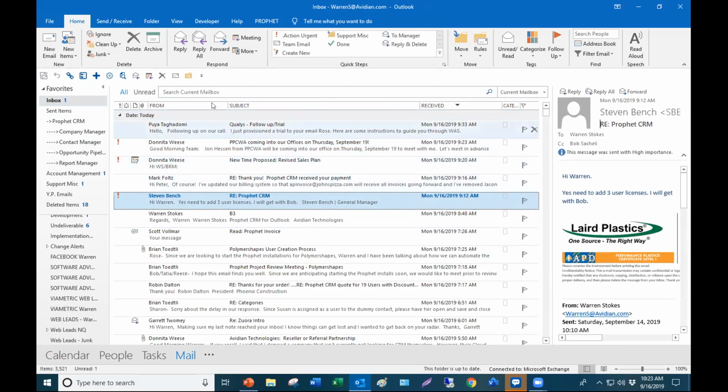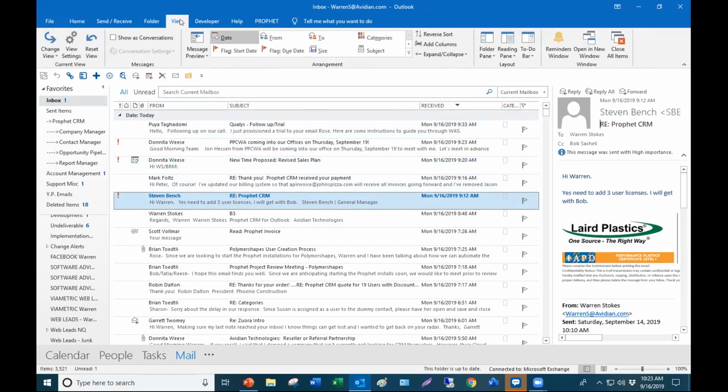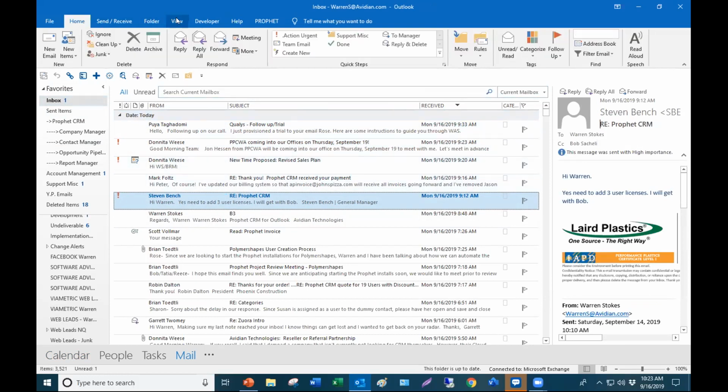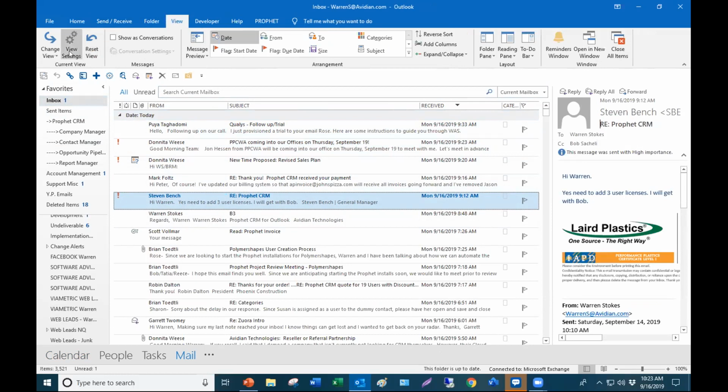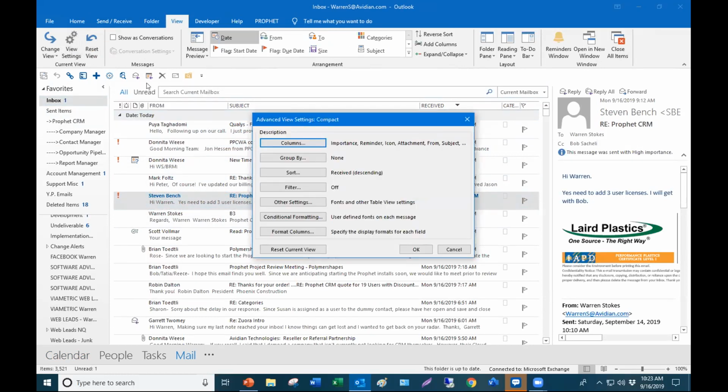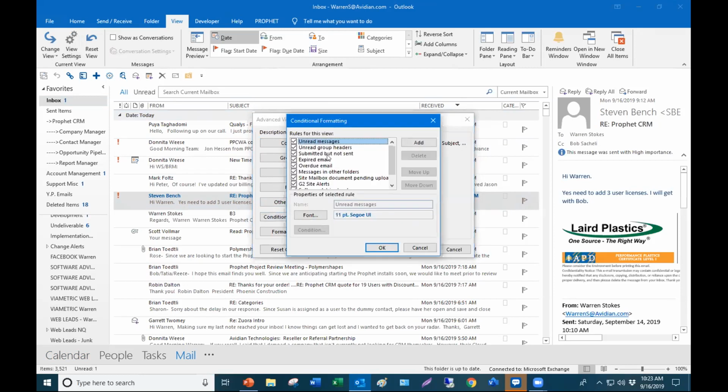In this case, we're going to go up to the view ribbon option. See where I'm at? Up in the view, and you're going to do view settings. Remember, this is recorded. And you're going to say conditional formatting. You have a lot of different options here, but basically, I want to add a conditional formatting setting. So I'm going to call this